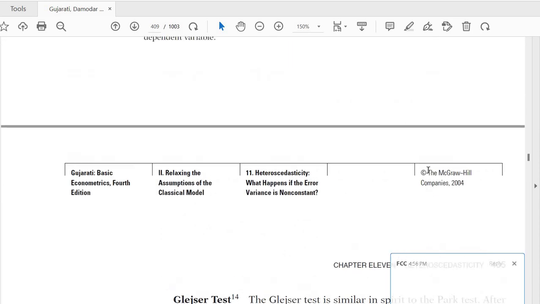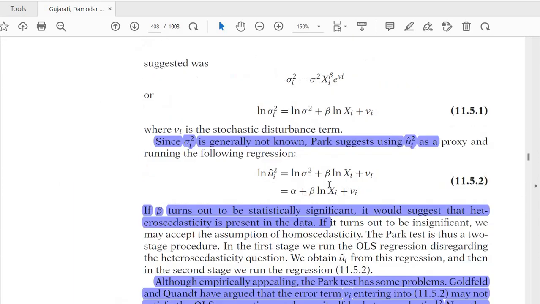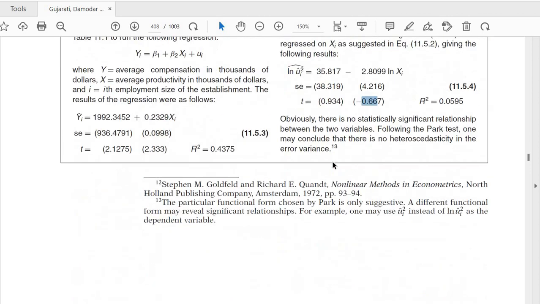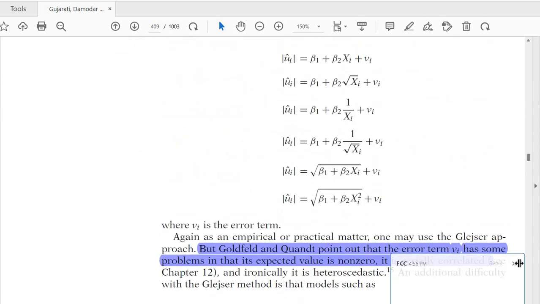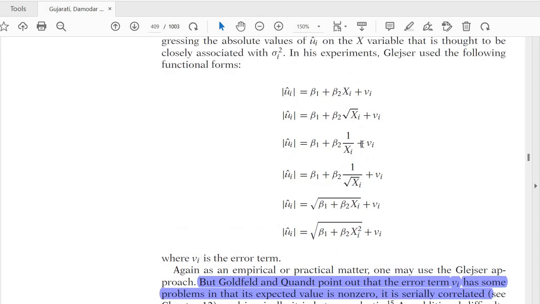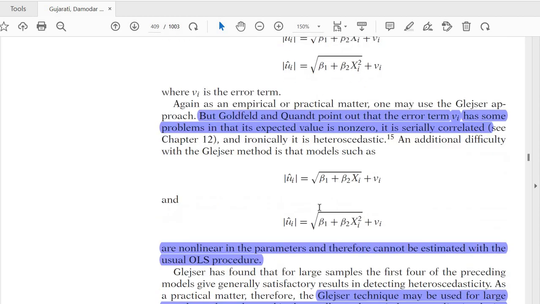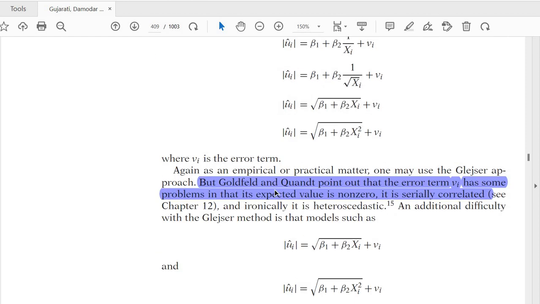अच्छा जी, उसके बाद दूसरा टेस्ट है ग्लेस्टर। पार्क ने तो सिर्फ एक फंक्शनल फॉर्म दिया जो कि सिग्मा आई और एक्स को लिंक करता है। ग्लेस्टर ने मल्टीपल फंक्शनल फॉर्म अप्लाई किए। उसने कहा कि भाई ये पॉसिबल रिलेशनशिप हैं जो यू में और एक्स में एग्जिस्ट कर सकते हैं, ये सारे हैं। ठीक है, तो आप अपने मॉडल को सपोज करो ये वाला है, तो आप इसको इसी तरीके से जिस तरह से आपने पहले किया उसी तरह से करो।